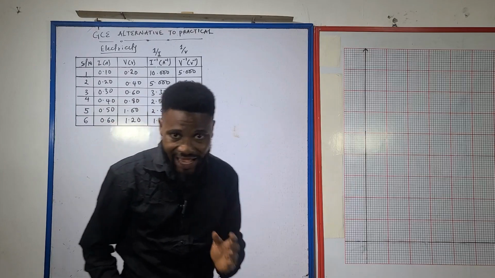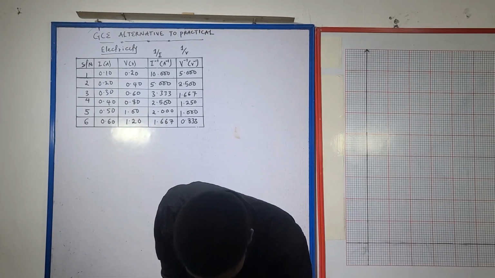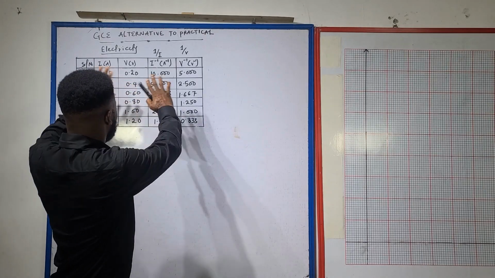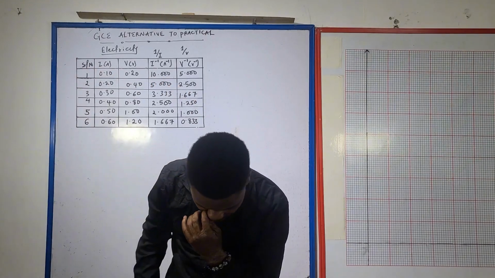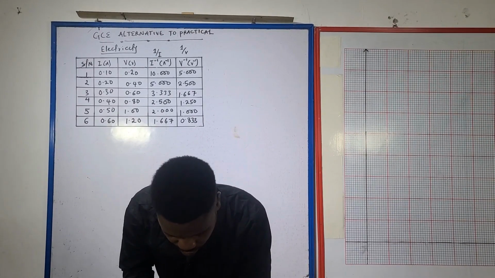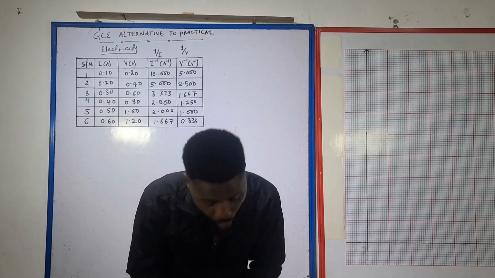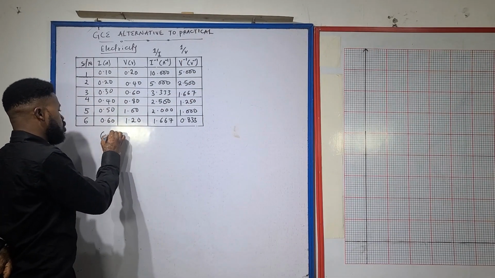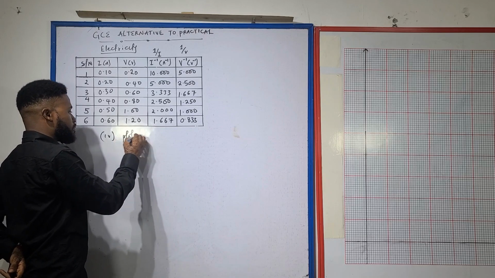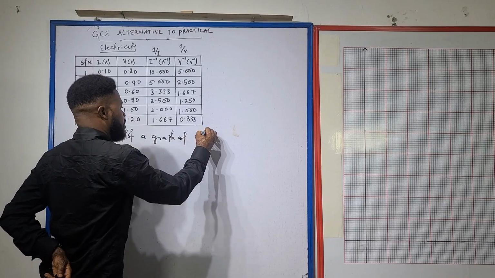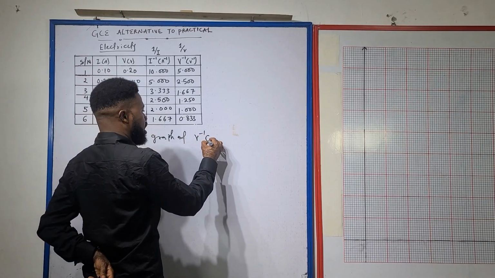So I've been able to answer Roman figure 1 and Roman figure 2. For Roman figure 3, we were told to tabulate our readings. I have tabulated that already. Then for Roman figure 4, we were told to plot a graph of the inverse of the volt, per volt, volt raised to power minus 1,